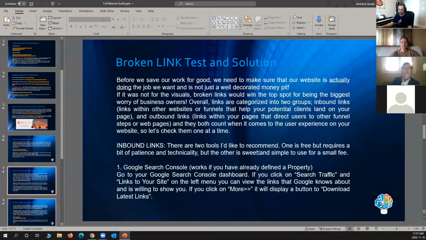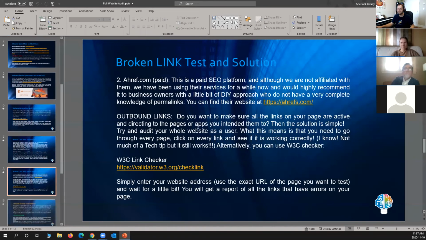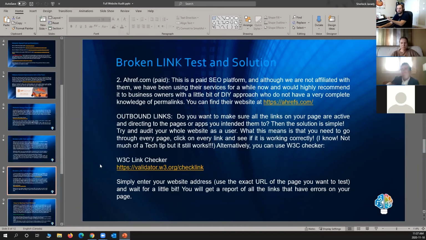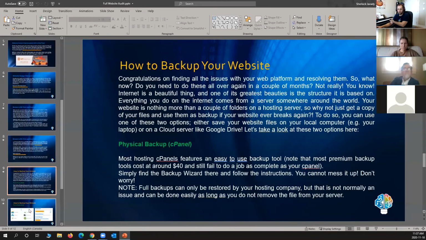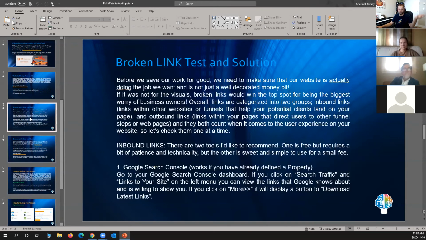And the last thing that can break, and we're done. We have already talked about this, so I'm just browsing through them very quickly. Broken links. Yes, you can test your website for broken links. You can go out and see, do I have broken links? Last session, we talked about one sort of it, because there are two different types of links. There are inbound links, or links that come to our website from somewhere else. And there are outbound links, links that leave our website to somewhere else.